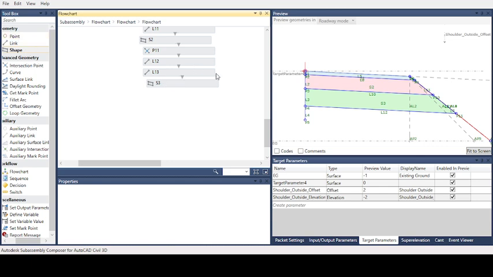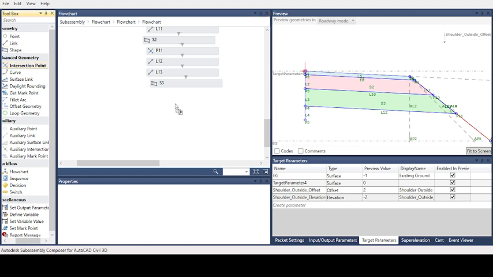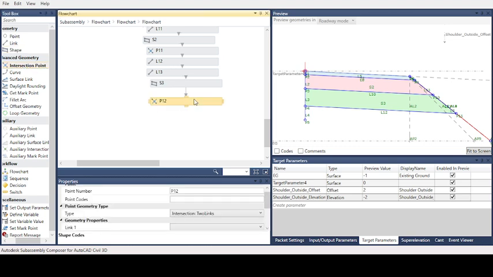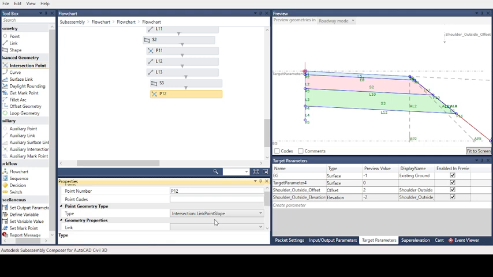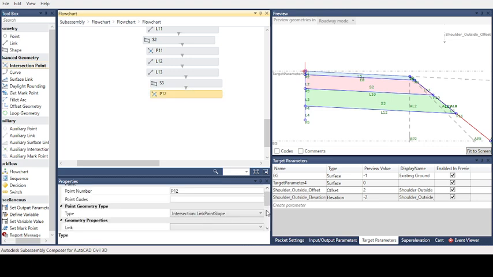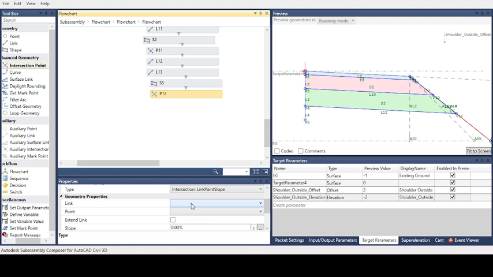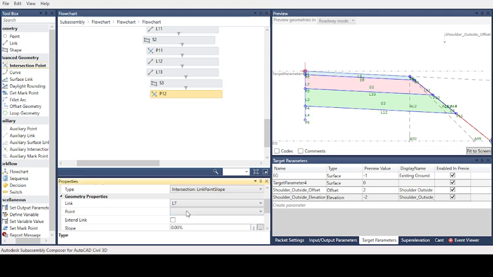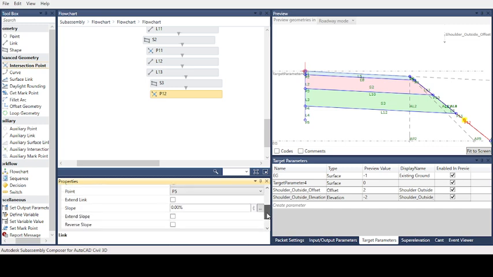We also now create an intersection for the layer. This intersection is link, point, slope. This connects point 5. The link is link 7. The point is point 5 and the slope is shoulder slope.